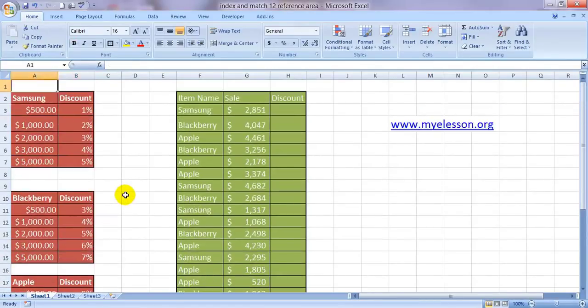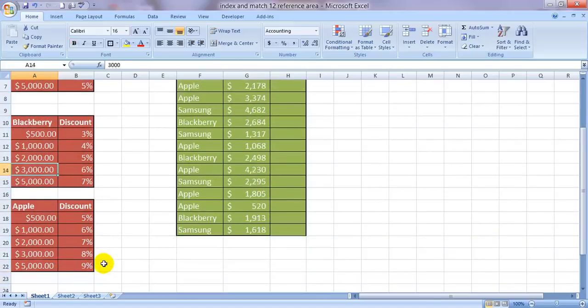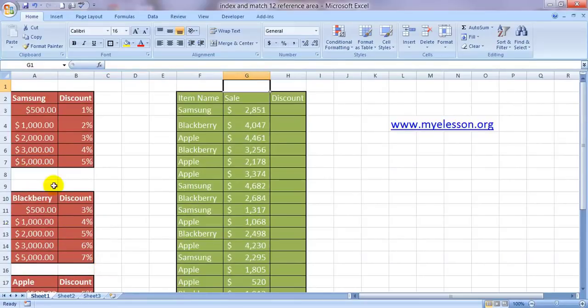If you see, the sales ranges are the same in all the three product categories, that is Samsung, BlackBerry and Apple. The range is 500, 1000, 2000, 3000 and 5000. However, the discount is varying. Here it is 1 to 5, here it is 3 to 7, and in Apple it has come to 5 to 9%. Now in this range I have mentioned the name of the item, the sale price, the sale range amount,